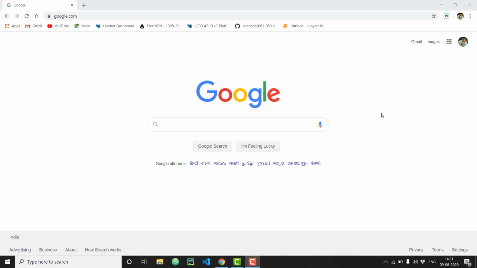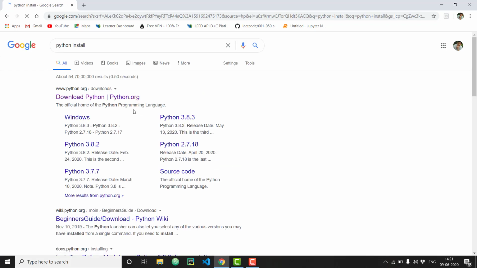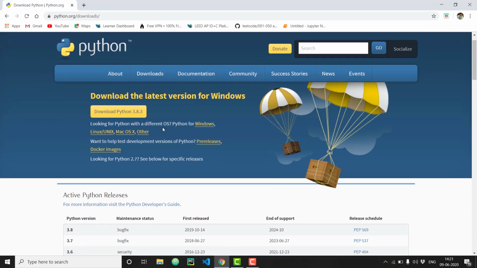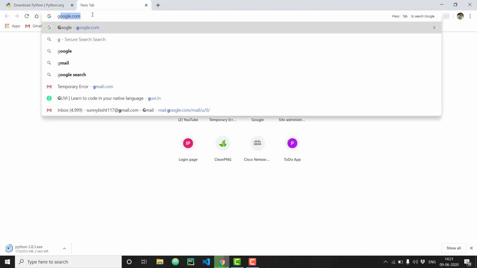So I uninstalled Python and PyCharm both from my system so I can show you step by step. We are going to install two things, that is Python and PyCharm. First we are going to install Python. Just type Python install. Click on the first link, that is python.org. It is the official site for Python, and you have to install the latest version, that is 3.8.3. Just click on it. While it's installing, just go to